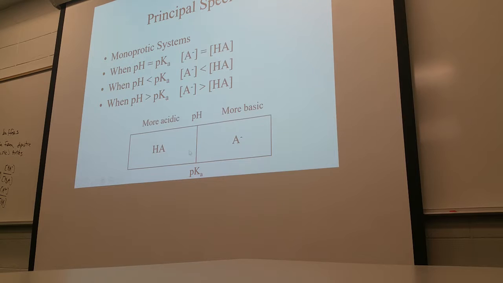So if you think about these boxes, there's a box here that represents HA, and there's a box here that represents A minus. And really what you're saying is that if you're in this box, you're containing a little bit more of HA. The farther you go to the left, the more HA you'd have. And as you go to the right, the more A minus you would have. And if you're on this line right here, we would say we have equal quantities of both. It's sort of the demarcation line between the states,